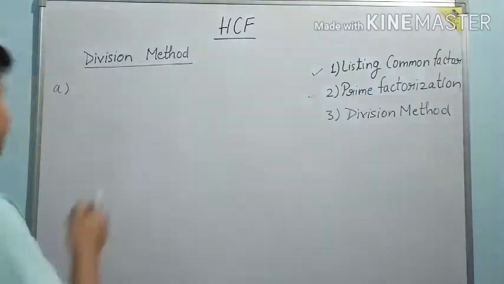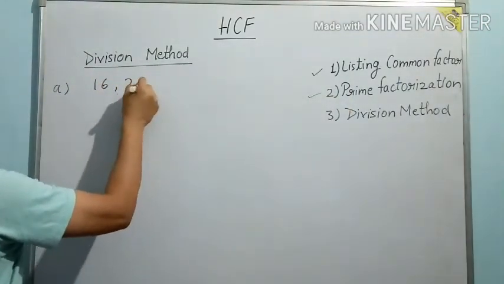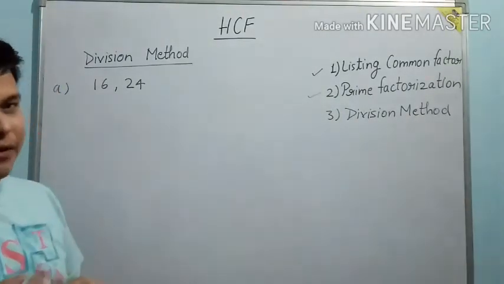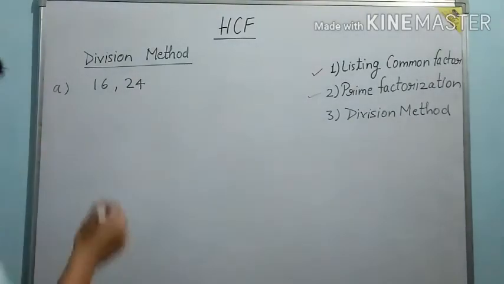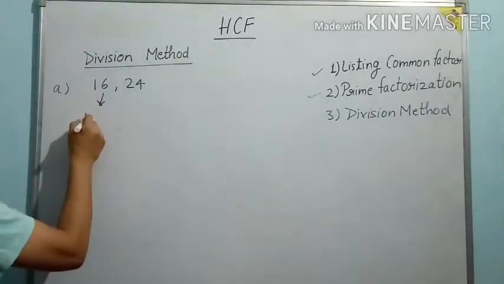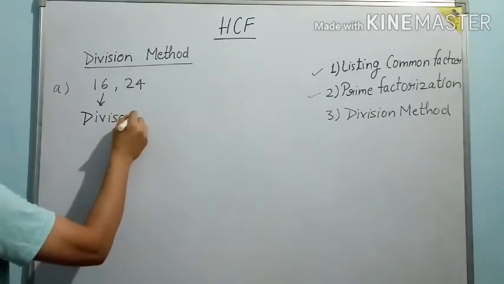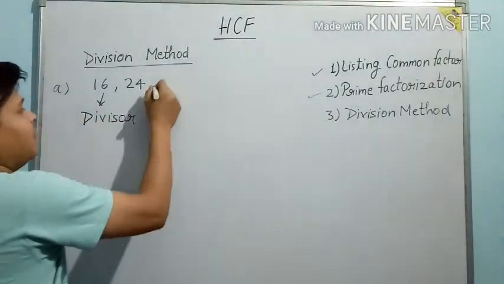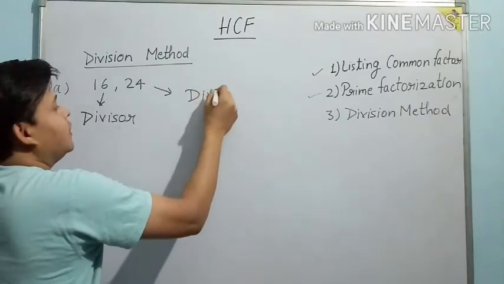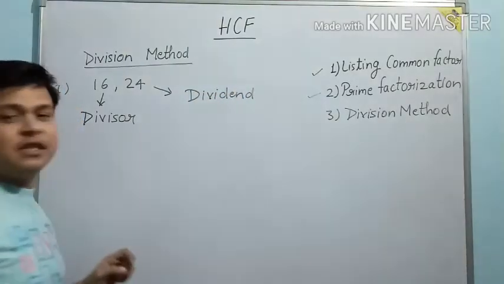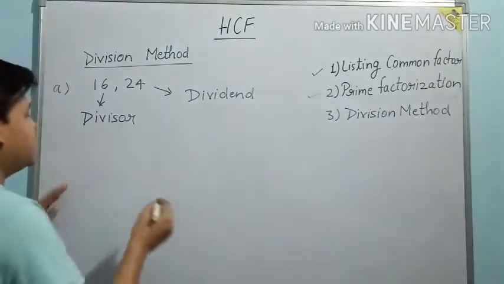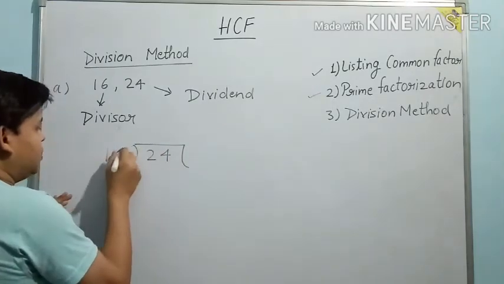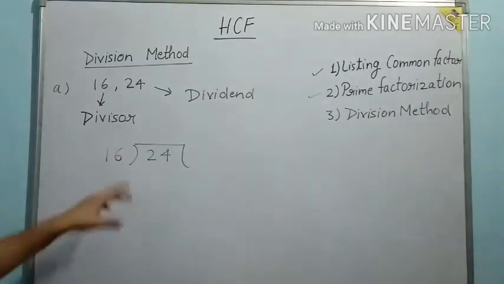Okay, so let's take the number 16 and the other number was 24. Always keep remember the smaller number will become the divisor and the bigger number will become the dividend. So here the smaller number is 16, so this will become the divisor, यानी जिससे हम divide करते हैं वो हमारा बन जाएगा 16 divisor, and the bigger number will become the dividend. Dividend means जिसका हम divide करते हैं. So you can understand this by 16 and 24. I hope you all would have understood how to write the given numbers.